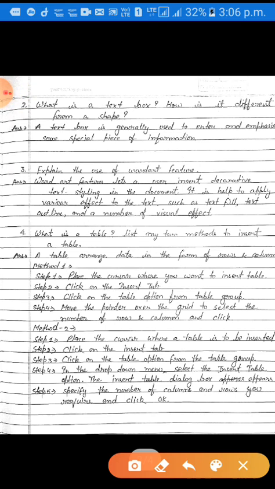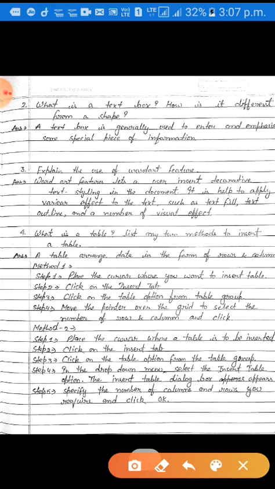Dear students, the WordArt feature lets a user insert decorative text styling in the document. It helps to apply various effects to the text such as text fill, text outline and a number of visual effects.